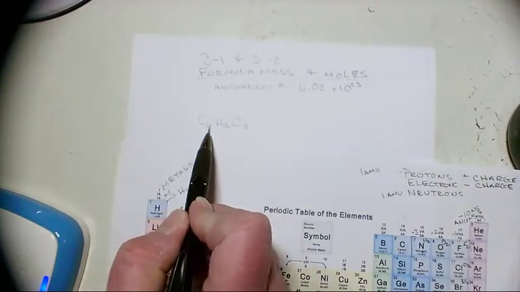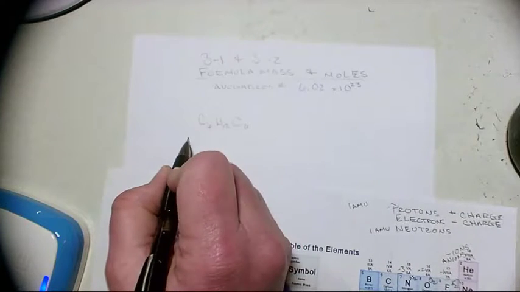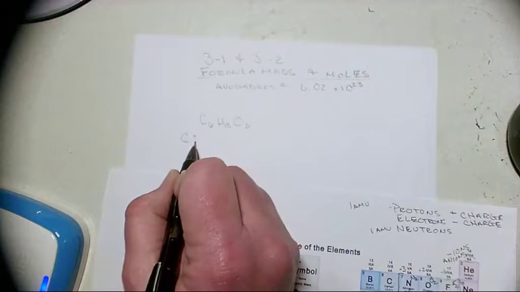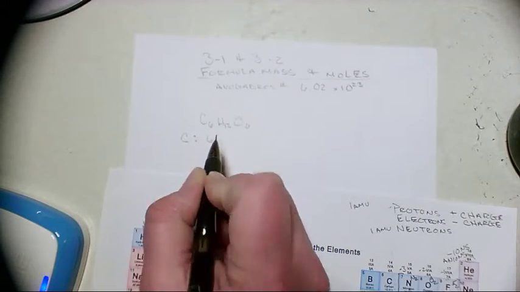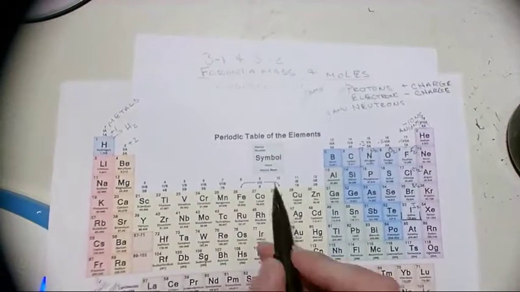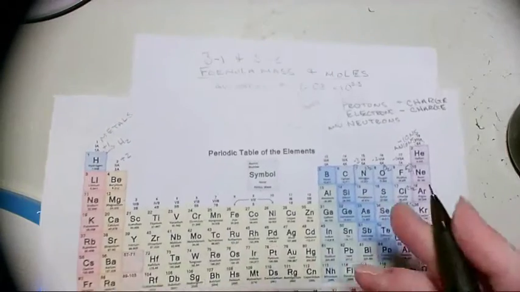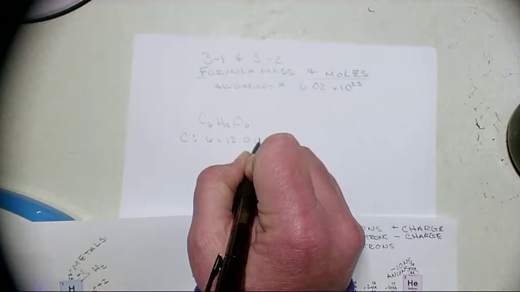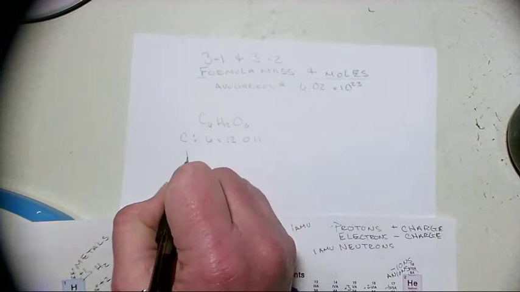What you do is you look at the subscript. It says I have 6 carbons. So for carbon, make sure you can see that. For carbon, I'm going to have 6 times, come over to my periodic table, and you want the atomic mass, 12.011. Hydrogen,